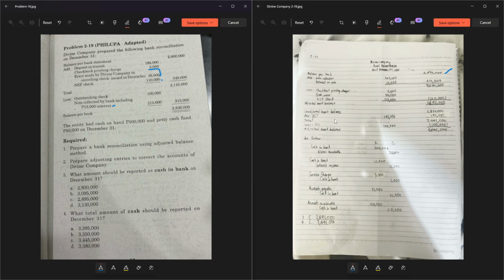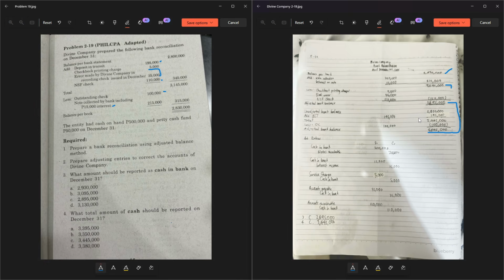The deposit in transit is 195,000. And you add that to get your total of 2,995,000. Then you subtract your outstanding checks of 100,000 to get 2,895,000, which are the same. The adjusted book balance and the adjusted bank balance are the same, meaning we did our job,